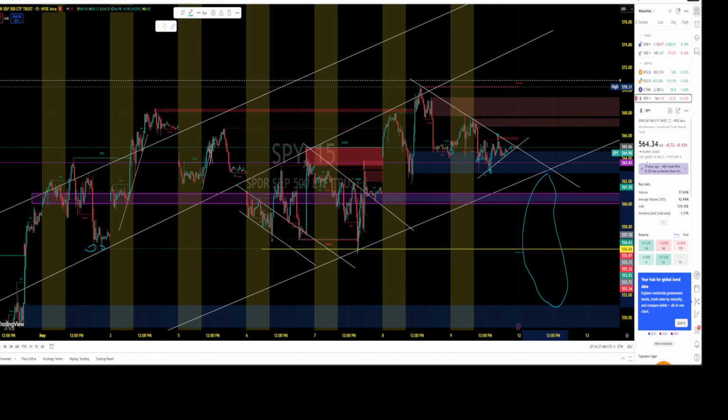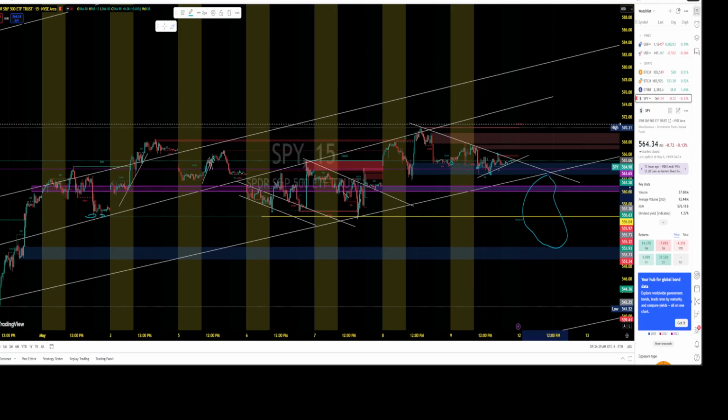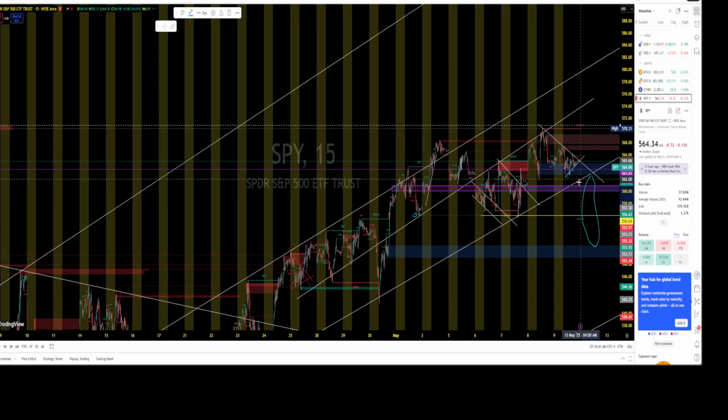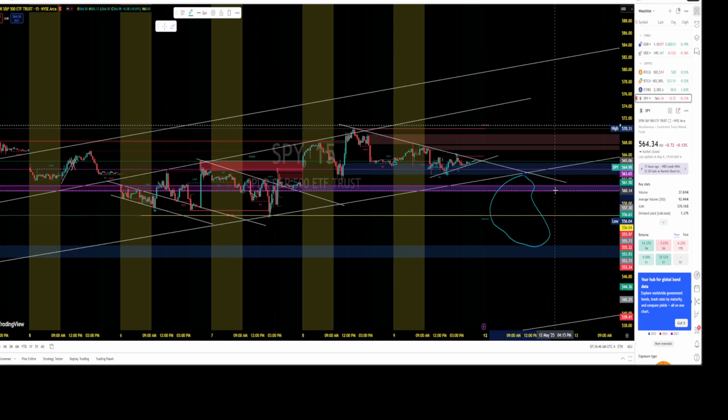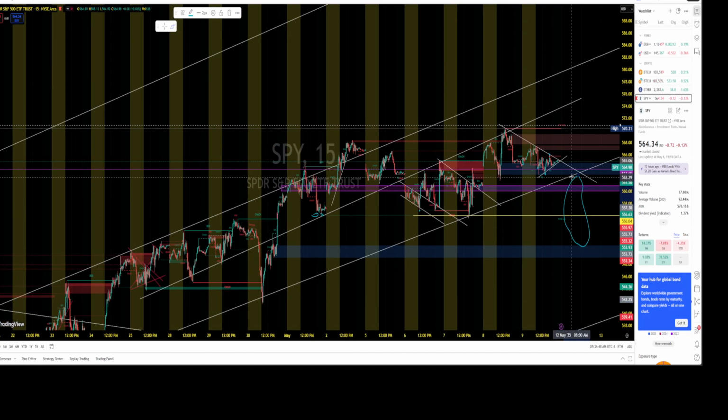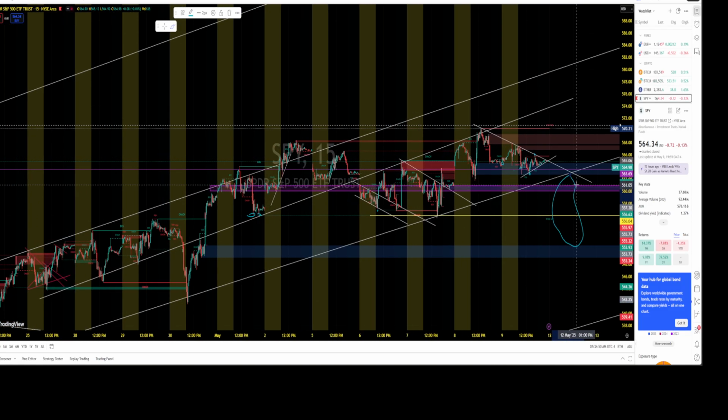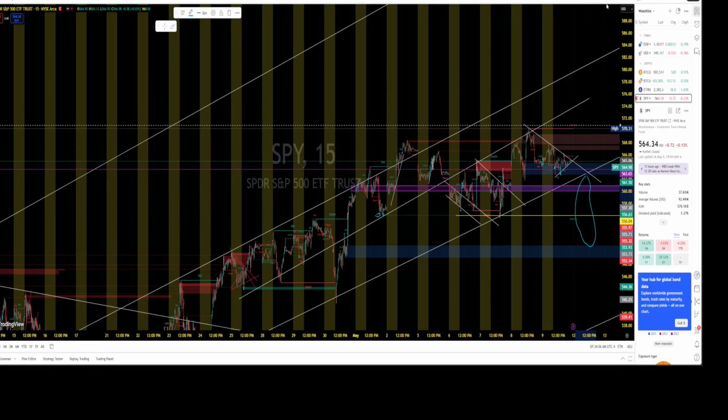So we can see a chop of 10 points if this particular trend line coming from the bottom gets broken. Hopefully, if the market sustains and tries to reverse from the 560 and 562 levels, then we can see